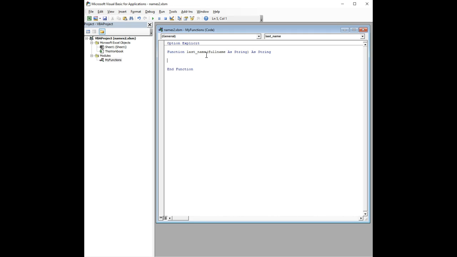And so, as you may recall earlier, the key to solving this is finding where the comma location is. So I'm going to declare a variable called comma as integer, and that is the location of the comma in the string. And then we'll say comma equals InStr(1, fullName, ","). So